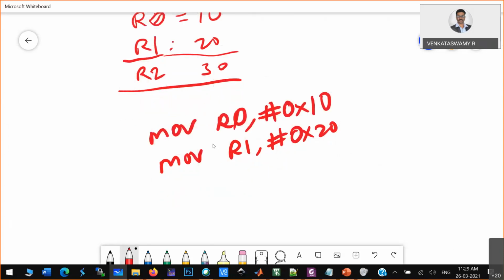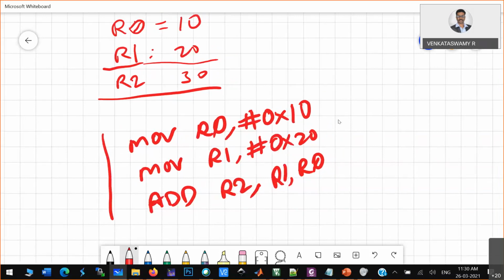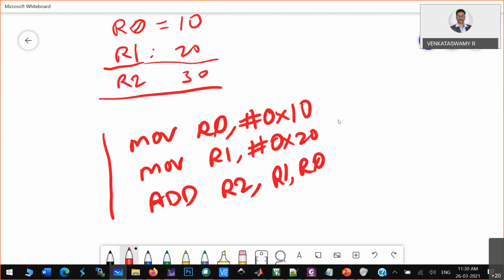Then what I'll do? ADD R2, R0, R1, and store the result in R2. So this is the program. These 3 lines you have to write to add 2 numbers. You understood? This is the program you have to execute in ARM.